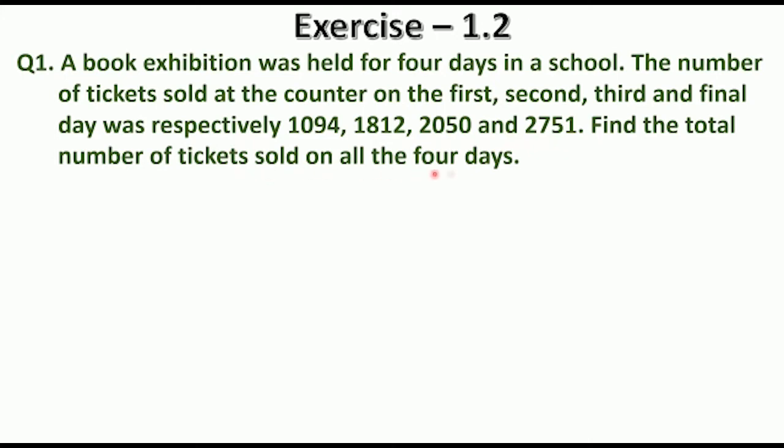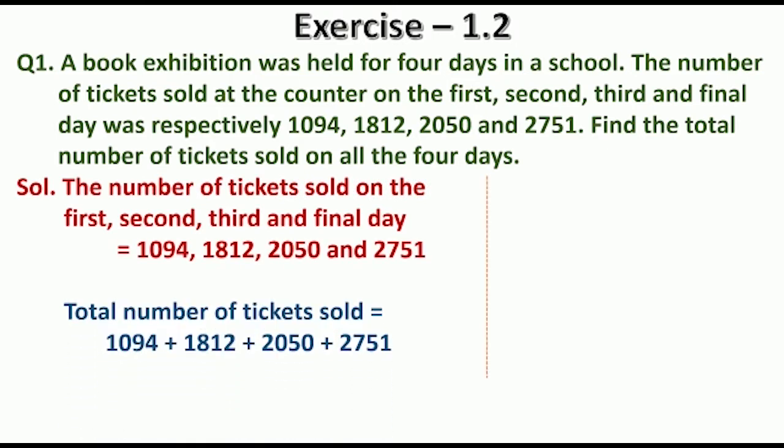So in this question we need to find the total number of tickets sold on all the 4 days. The number of tickets sold on the first, second, third and the final day is given. We need to find the total number of tickets sold, so we will add all these 4 numbers: 1094 plus 1812 plus 2050 plus